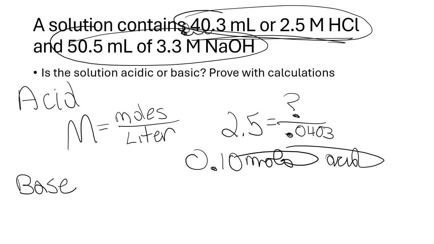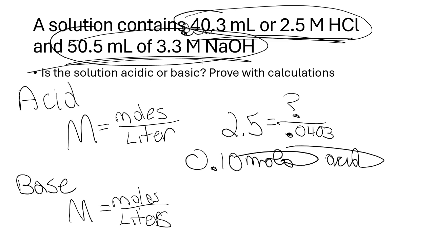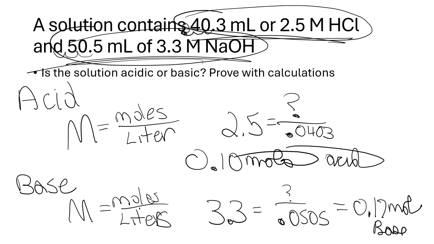And then if I have a base, remember big M equals moles divided by liters. I'm going to ask it just like this because, again, it's new and the test has come up. And also, I just have to touch on molarity, as it probably will come up even if you don't take chemistry. Now we get moles, and later on if you take Chem 2, divided by liters, I move the decimal 3 times. 0.0505. That is 0.17 moles of base. So the solution contained 40.3 milliliters of 2.5 molar hydrochloric acid and 50.5 milliliters of 3.3 molar